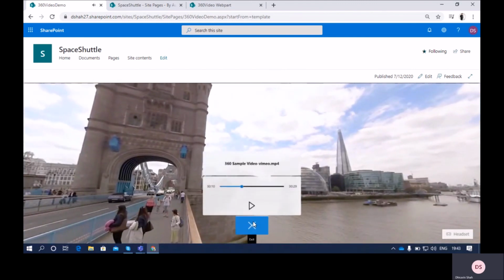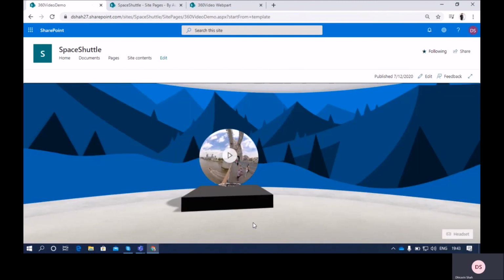In the same way, if we want to stop, we just need to click on the close icon from here. So this is how you can showcase your building, or some training videos, training materials, and lots of other things in your SharePoint space. All right, so this is how the 360-degree video web part works. Hope this is clear for you now.